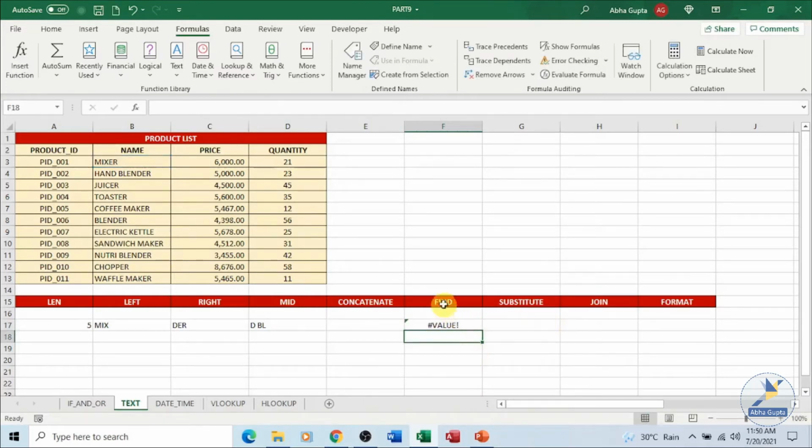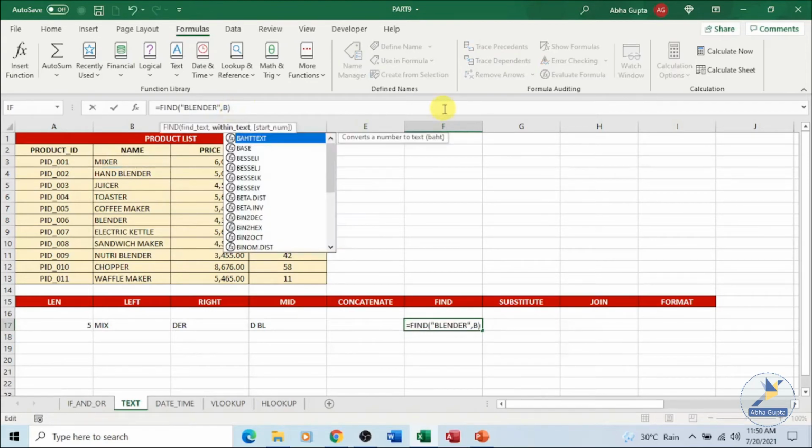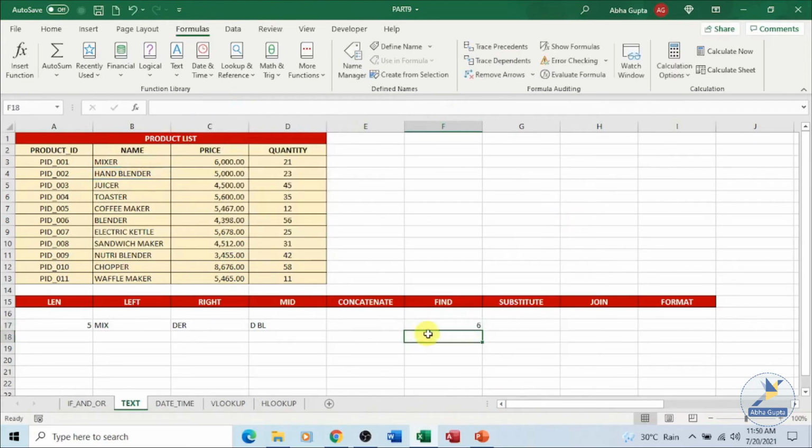See, here it is giving me an error. Let's check. It is B4, not B3. Let's change it. Here you can see that Blender is starting from the 6th position, so it has given me 6.